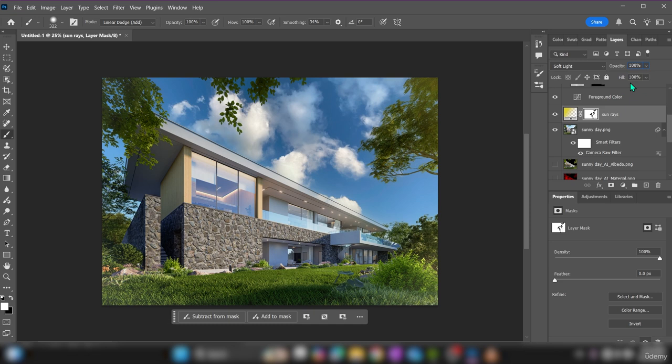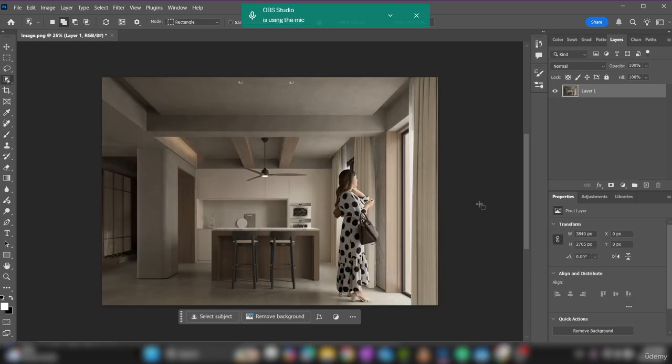So if you just decrease the opacity here, say suppose at 50%, now you can see it has been reduced. Okay, I hope you're clear about it. That's how we are gonna do it. So these are some of the post-processing tips, and we'll learn some more tips as well. Another very important thing in the